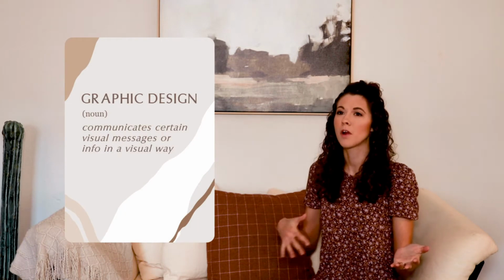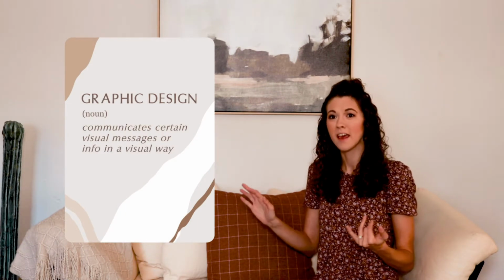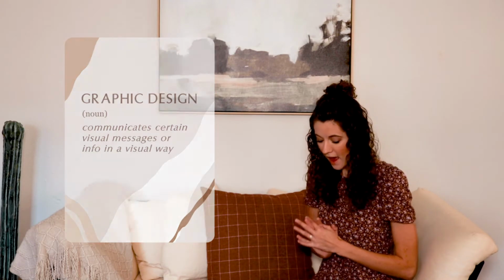So first of all, we need to look at what is graphic design. Basically, graphic design broken down without any frills or fluff around it is the organization of information. It is a way to usually aesthetically organize information so it's easy to understand and it's helpful for the viewer. It also communicates certain ideas or messages in a visual way. So it is more on the visual side of things than just, say, putting something in a spreadsheet. It is to appeal to an audience.